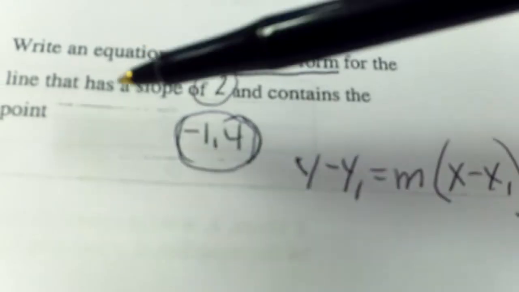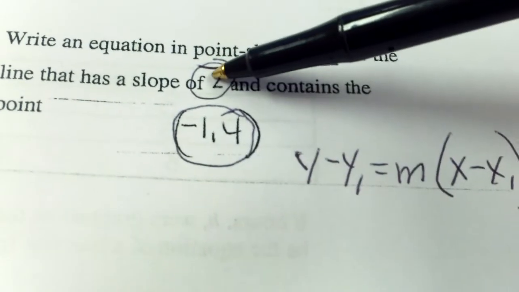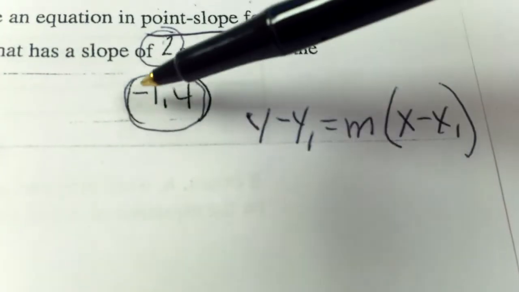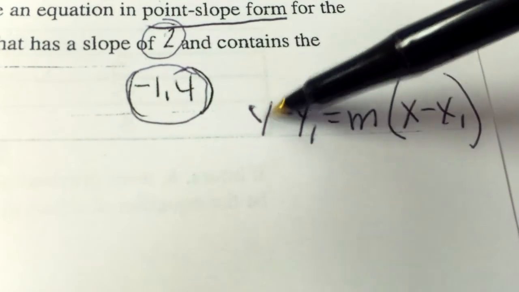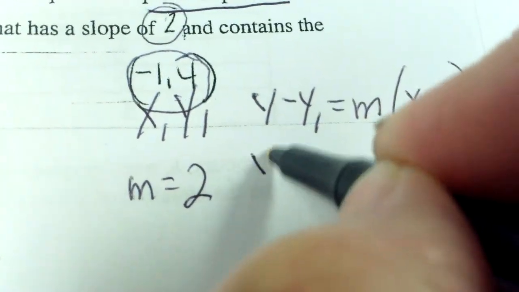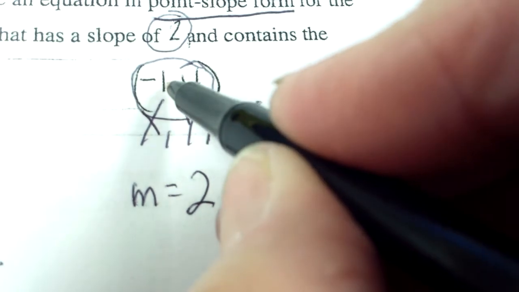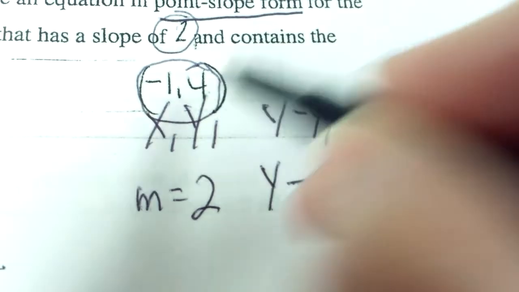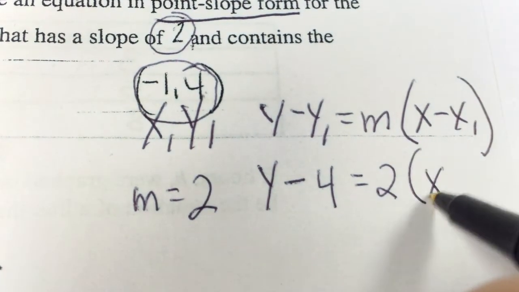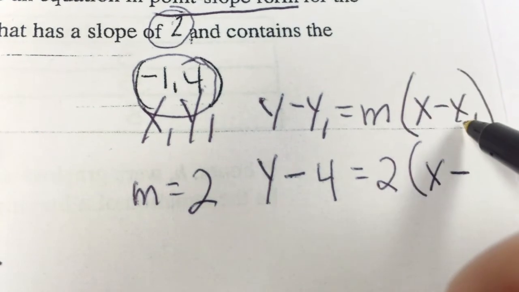So let me get this right. We have this point and we have this slope, and they want us to put it in point-slope form. It's so stinking easy. This point, this slope, point-slope form. This is x1, y1. This is my slope, m. My slope is 2. So I'm going to put y minus y sub 1. Well, y sub 1 is 4, equals m, which is 2, times the quantity x minus x sub 1, which